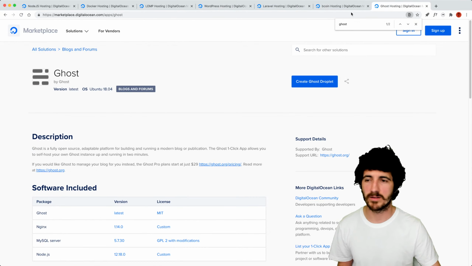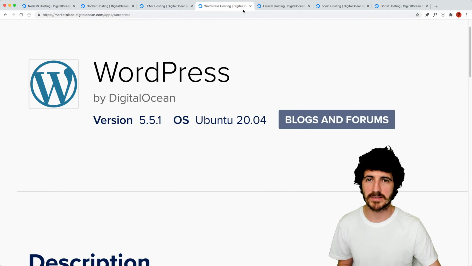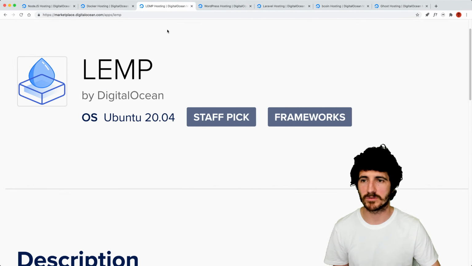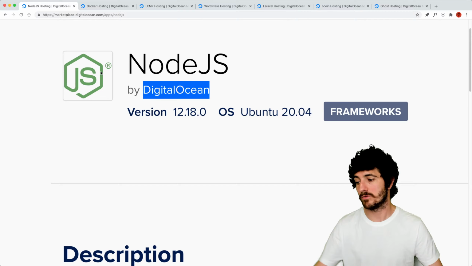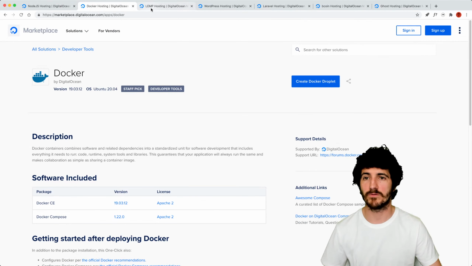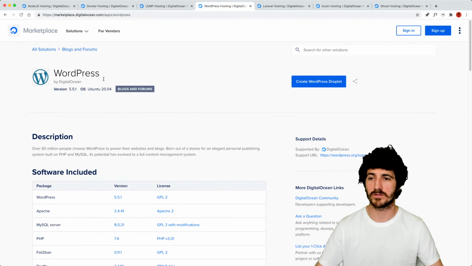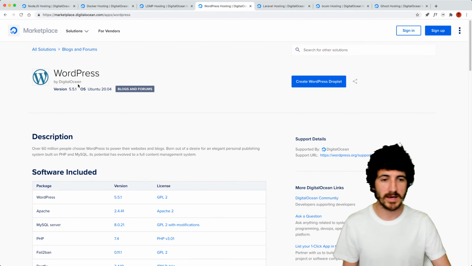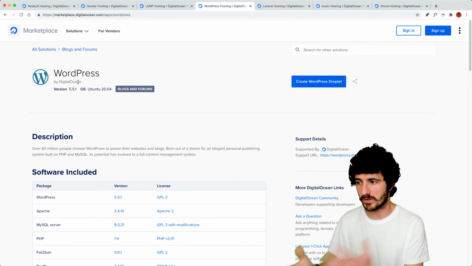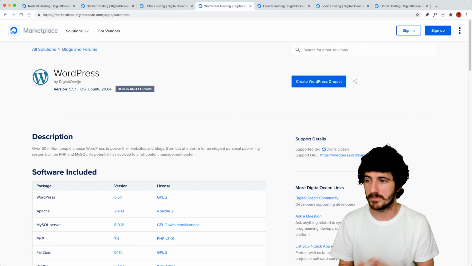This is by Bcoin, and this is by Ghost. So it makes sense. I mean, they're providing their own images, their own tools, and that's cool. But these ones we can have a really high confidence that these are going to be good because they're provided by DigitalOcean, and they build them probably because many people need these sort of images and they're used frequently.